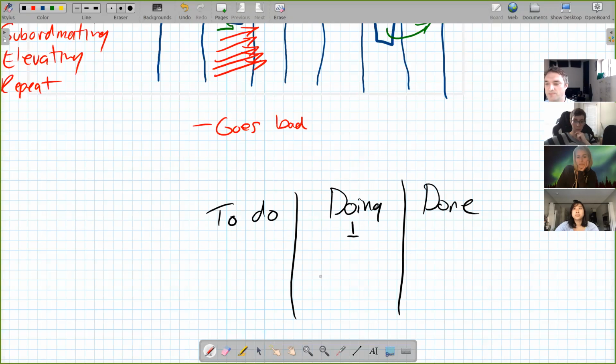That's the simplest Kanban board you can have. All your stuff goes over here. You're not allowed to work on more than one thing at a time. And when that's done, pull the next piece in.